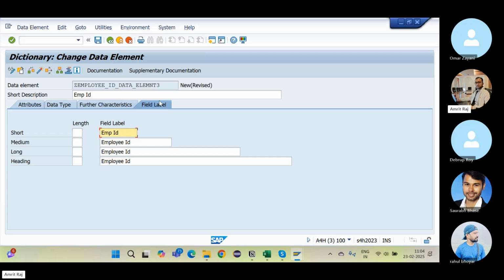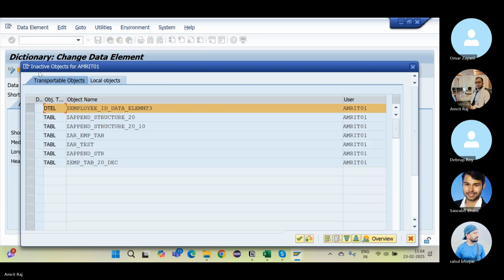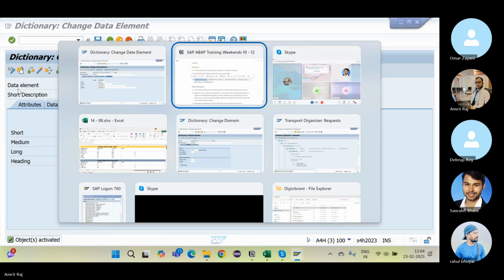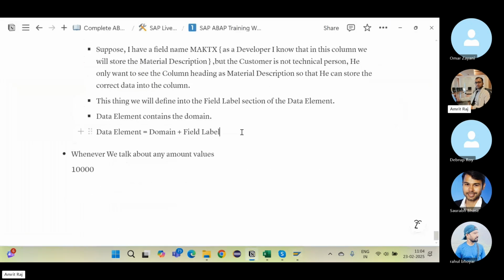But the purpose of this tab is only one thing, that my customer or user can understand what is the use of this column. So save it, package, transport request, syntax check and activate it. Data element, this one is ready. Copy